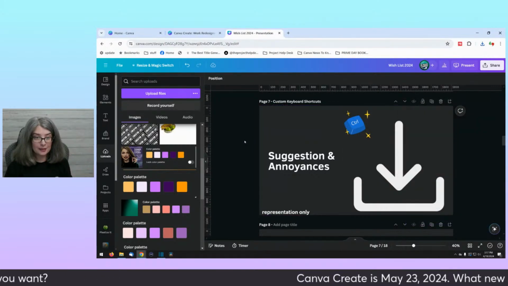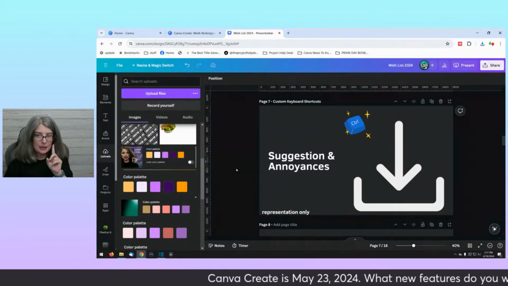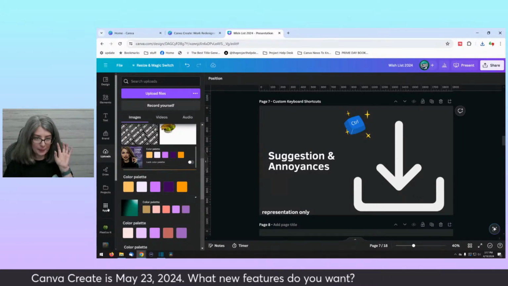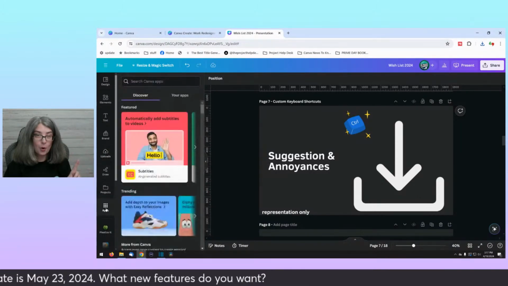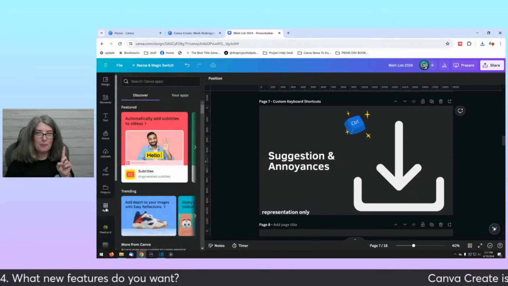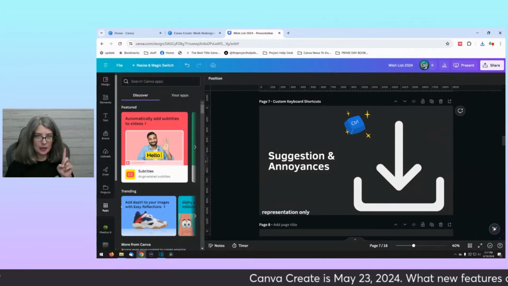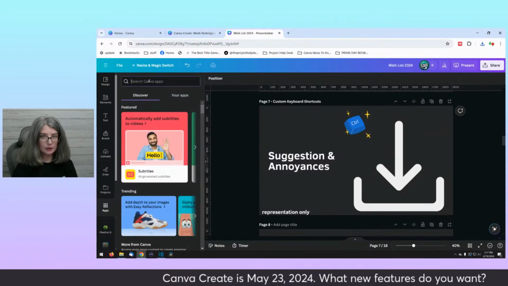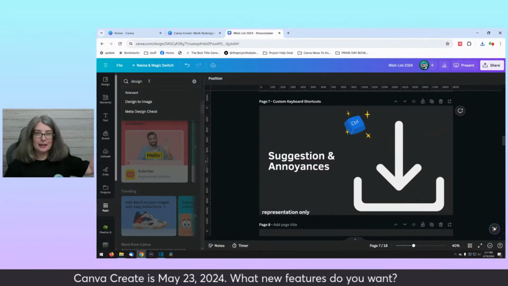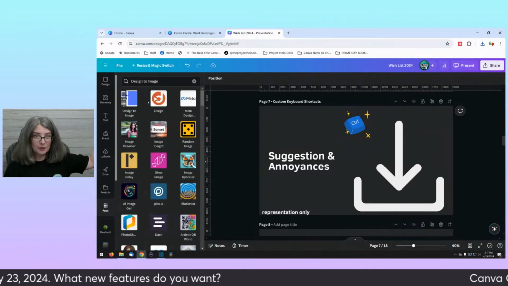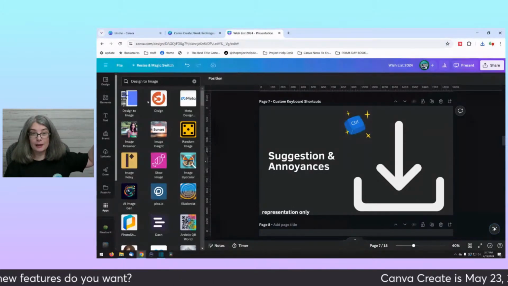That's complex. Let me see about the other one. There's another feature. So let me click apps. That's 1 click. Help me keep up with the clicks, Tatiana. I got to type in design to image to find it. So really that's 3 clicks there.